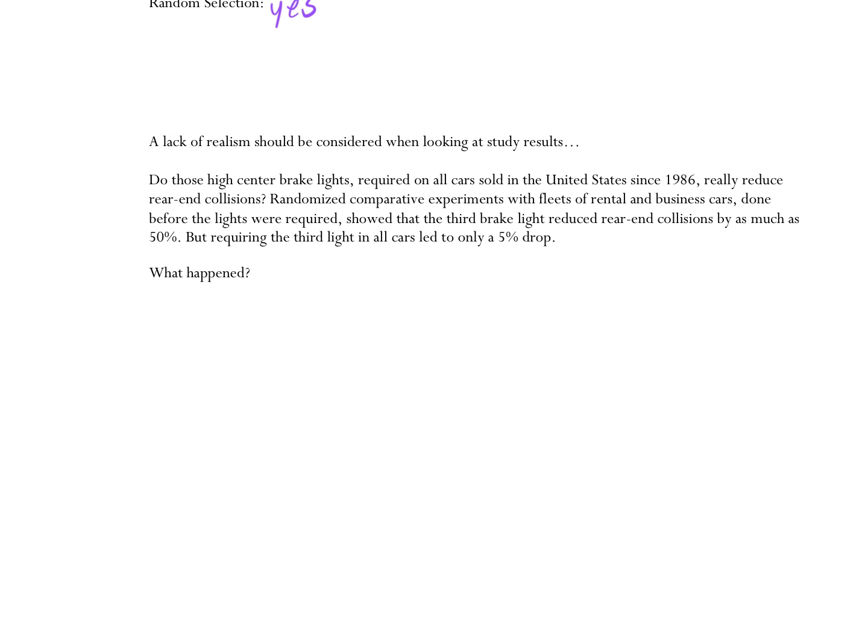Here's what happened. When there were only a few cars on the road that had that third brake light, you noticed it. But when every car on the road had it, then you didn't notice that third brake light. Does that make sense? Okay, so in this particular case, the study couldn't model real life. You can't get the picture of when every car has it because not every car has it. Do you guys get kind of the gist of that?